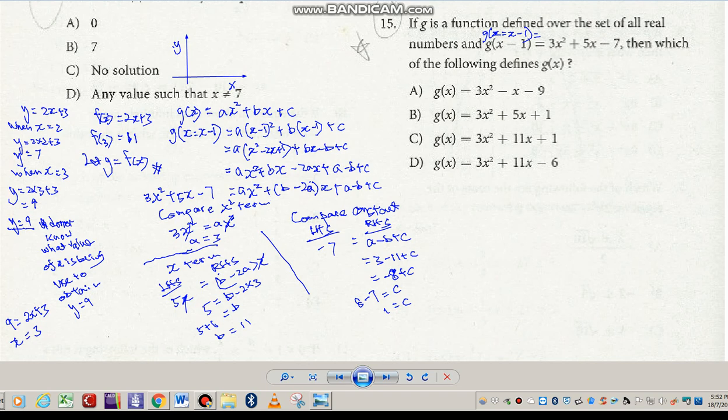A is 3, so this is correct. B is 11, I have only these 2. And then C is 1. Is this. So the final answer is